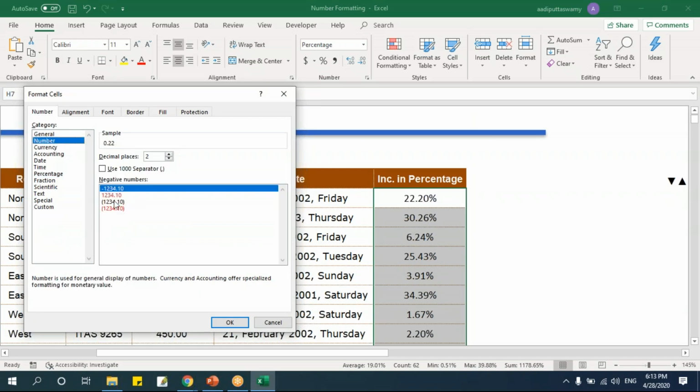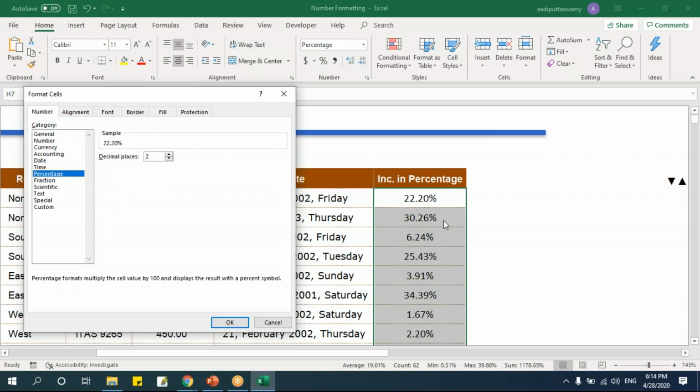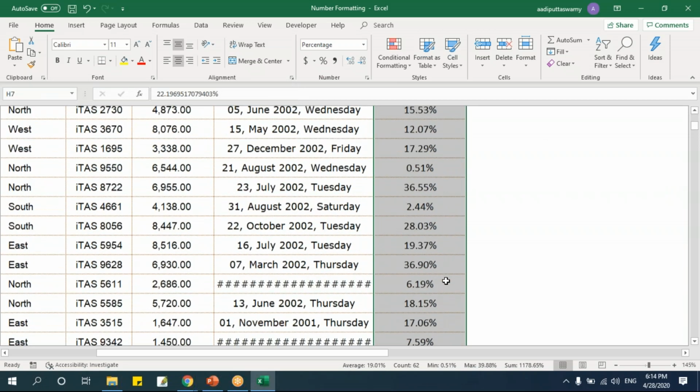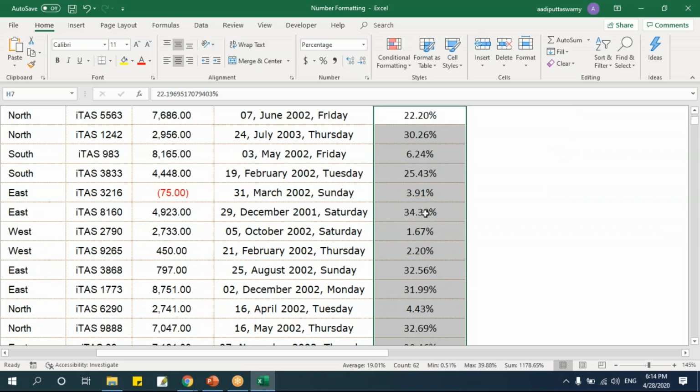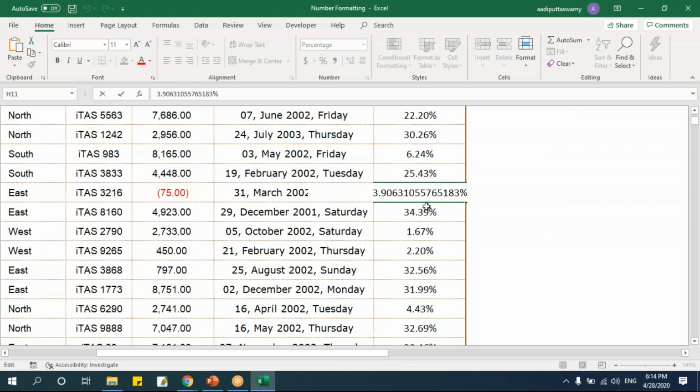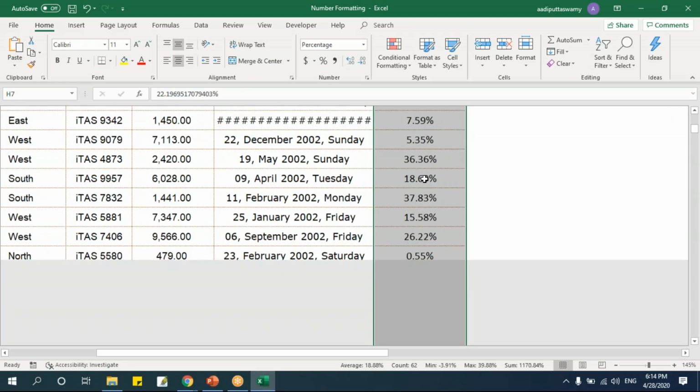If I go to this number, yes, I have an inbuilt option. I can directly go and select these formats, and I can change the formats here. But in percentage, I don't have that format. What to do in this case? I want to format such a way that the values which are negative should be red. So you don't have to bother. I'll tell you how to do that. Fine. Let's take this one as -3%. Let's go here and we'll see how to do that.